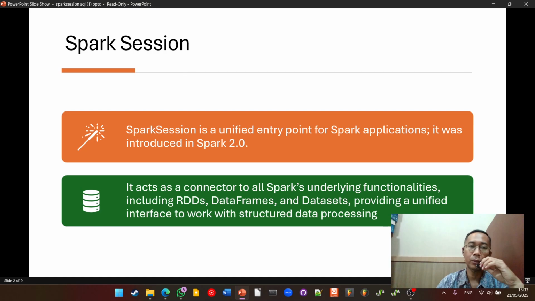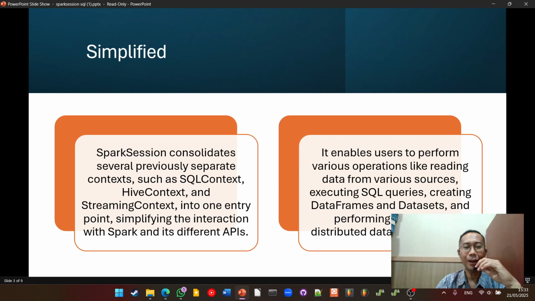in structured data processing. You don't need to specifically define a function like reduce or filter. If you are already familiar with SQL, just use SQL. Simple as that. So it's simplified. We don't need to use SQL context or Hive context or streaming context, but simplify everything into a Spark